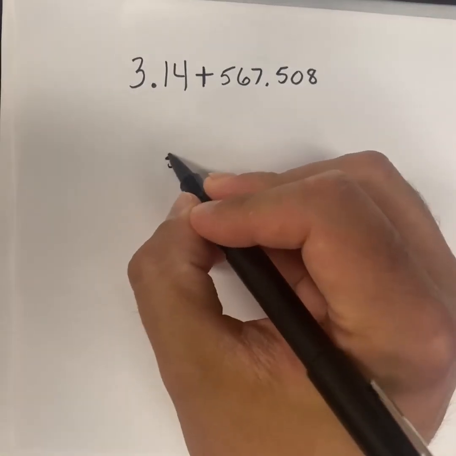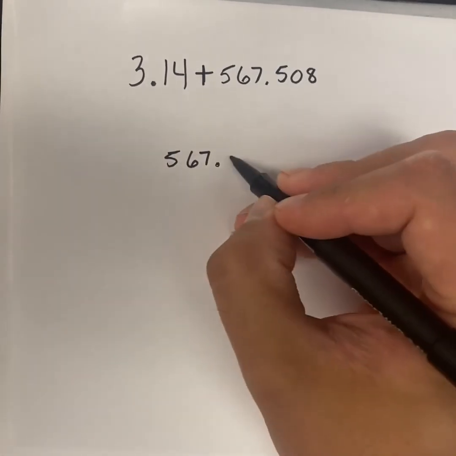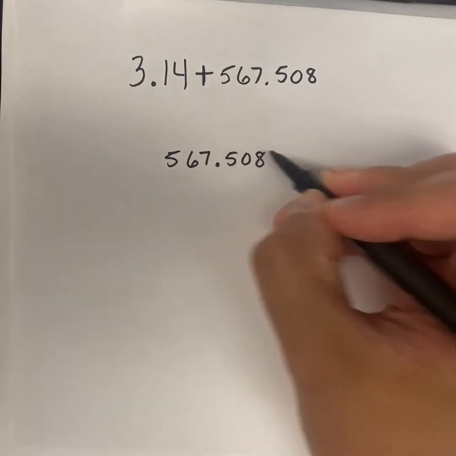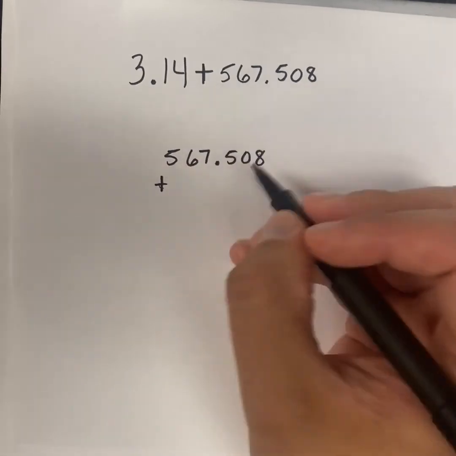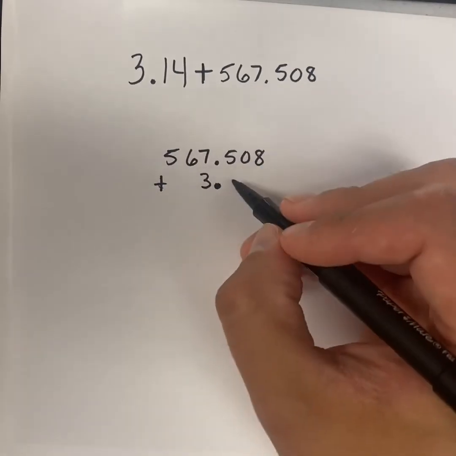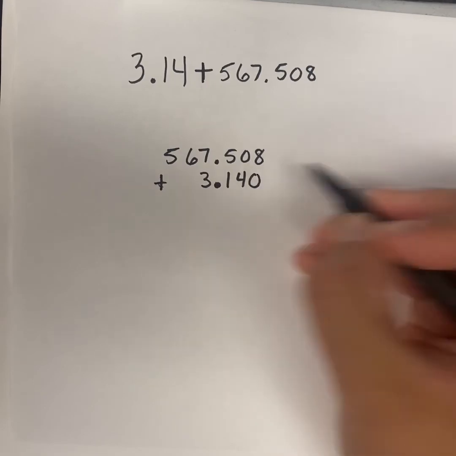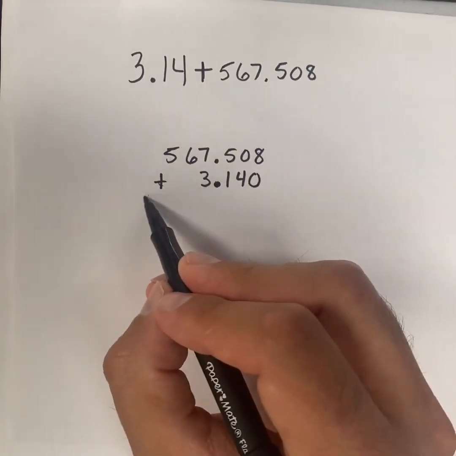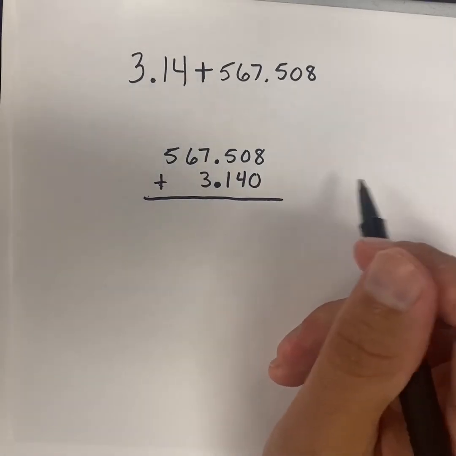So we're going to do 567 and 508 thousandths. And we are going to be adding 3. Remember, we're lining up our decimals, and if we were to go left and right from there, here's our 3, 1, 4, and here we're going to put a placeholder 0. We're not adding anything to the value of that number because it's the end of a decimal there. So now we have our problem rewritten vertically, and we would go ahead and add from right to left like